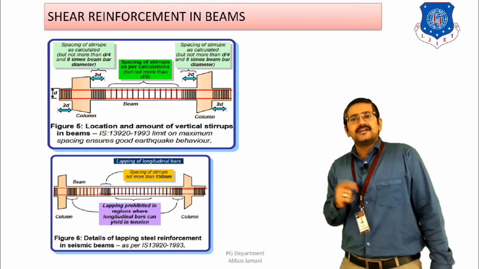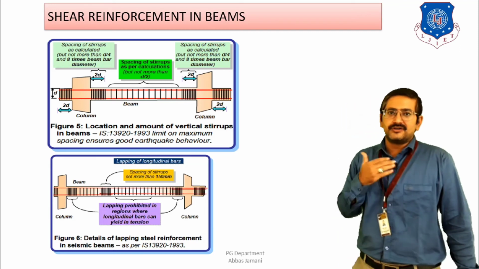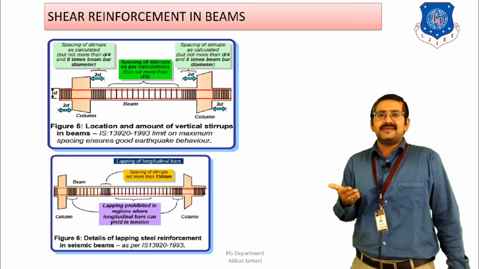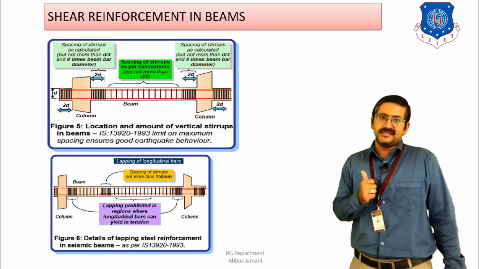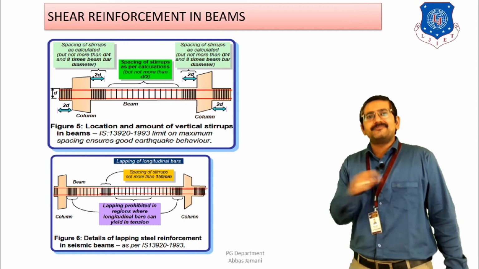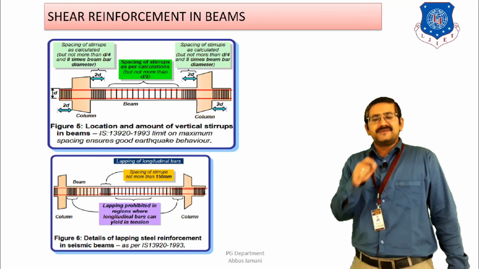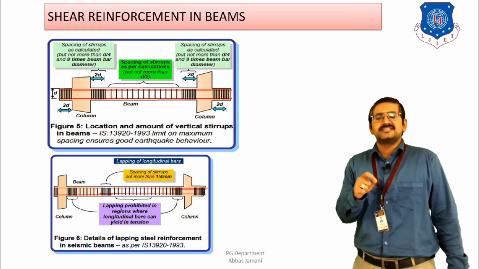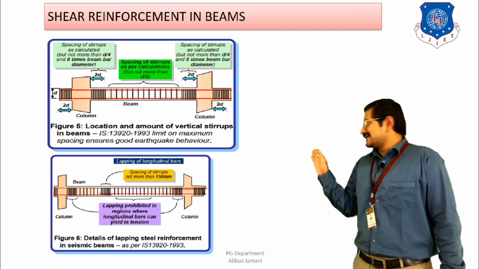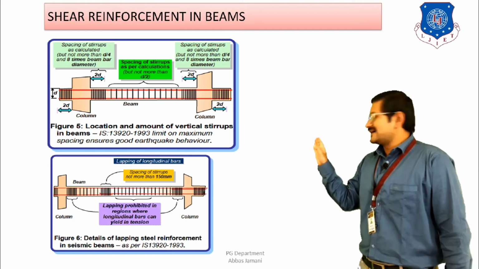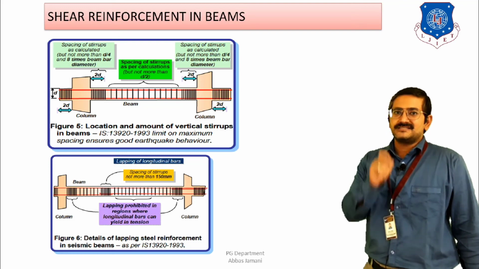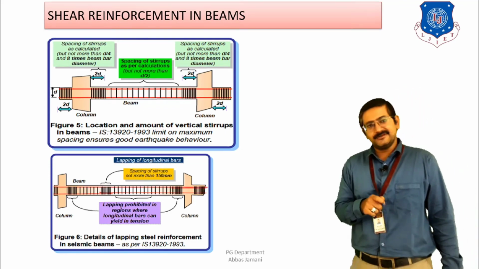And lastly, the code is also saying that if you are going to provide laps in the horizontal beam, because if the length of the member is large enough, then lapping of horizontal bars cannot be avoided, right? And if you are doing lapping, then a reduction in the strength of the junction is possible. So in order to avoid this reduction in strength, the code says that wherever the lapping of horizontal bars is there, the spacing of the loops, or the stirrups, should not exceed 150 mm in that particular region as well. That is why again it is shown over here, where you can see the laps are provided, and then the close spacing of the loops is provided, and the maximum spacing allowed in that particular region is 150 mm, not more than 150 mm.